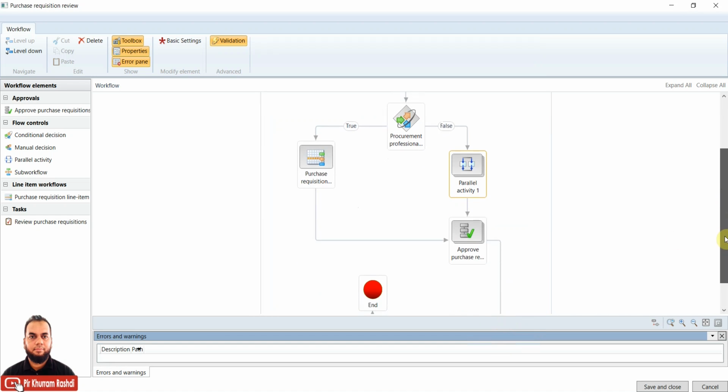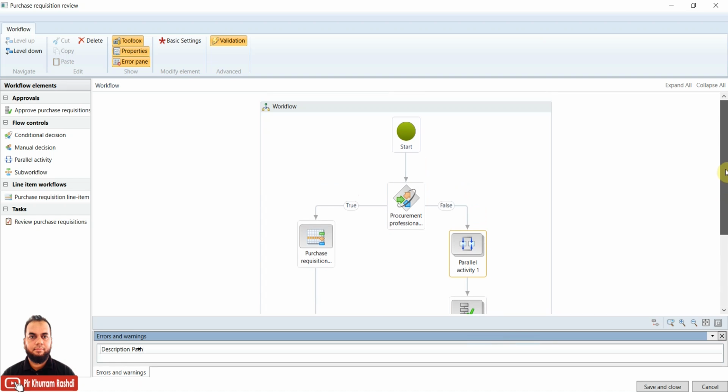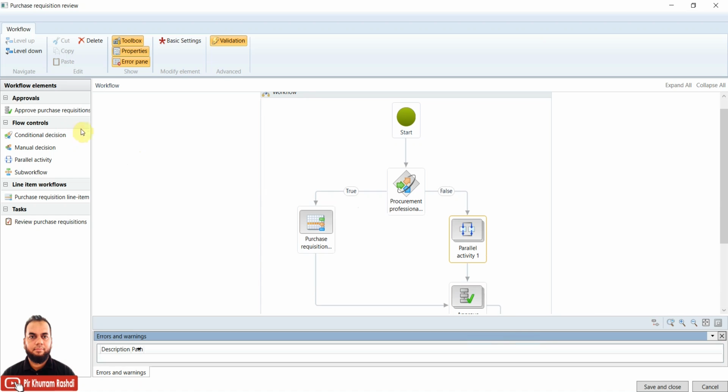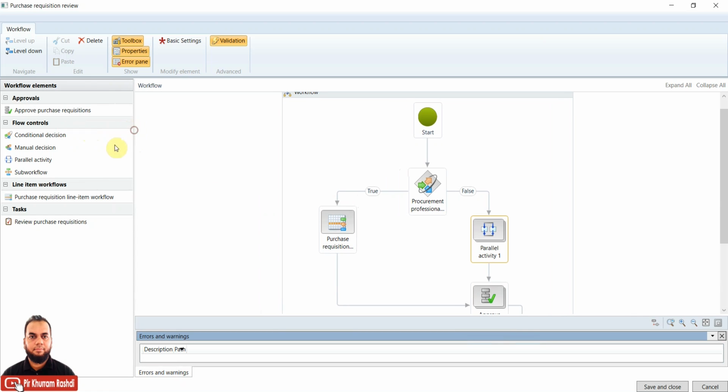Both are the same, both have the same effect. So what are the elements which are already configured here? On the left hand side you can see various elements. I will show you how these are configured. For example, once the start node is there, then it will flow to this node which is called